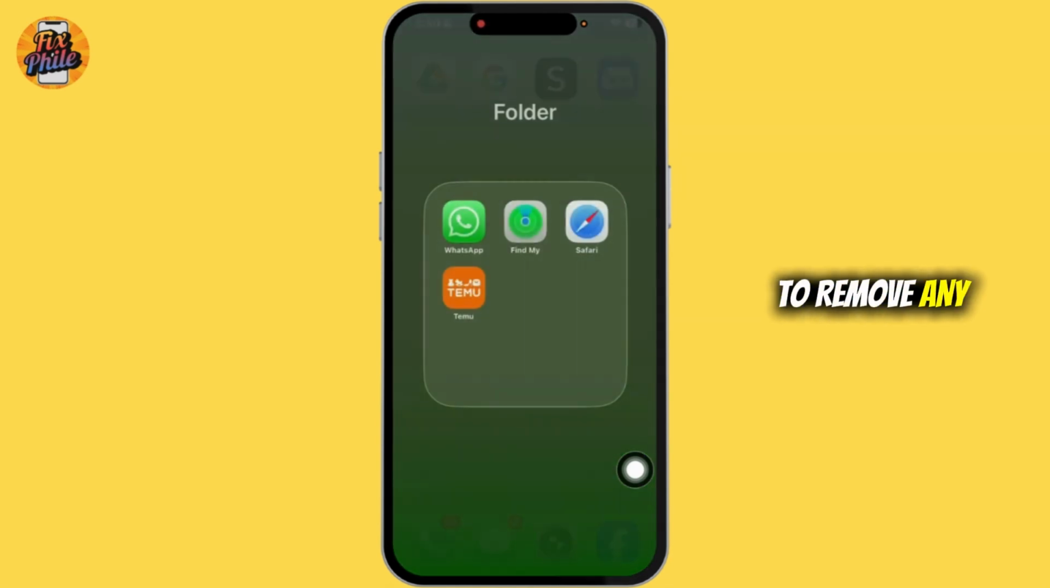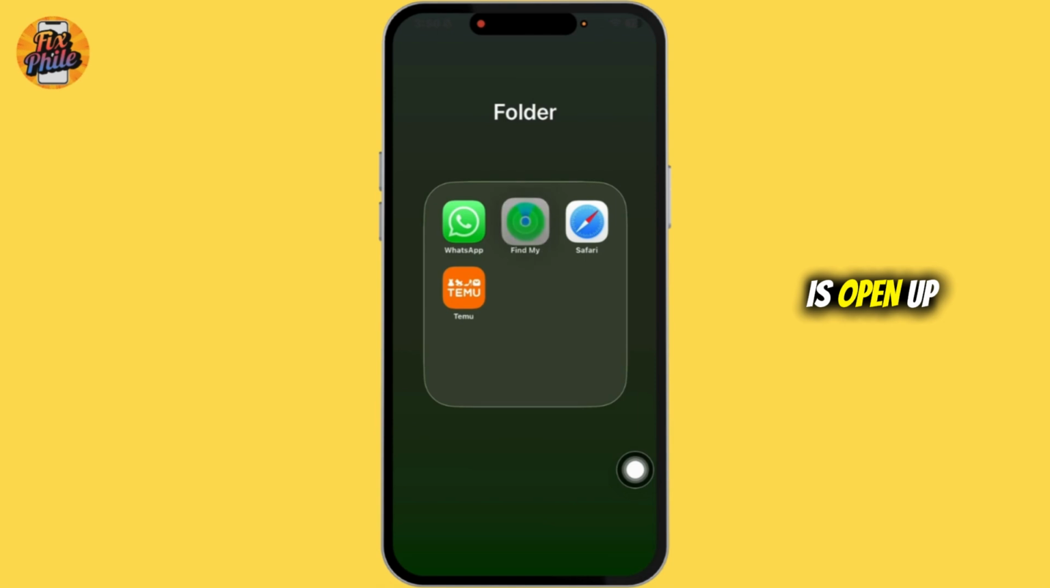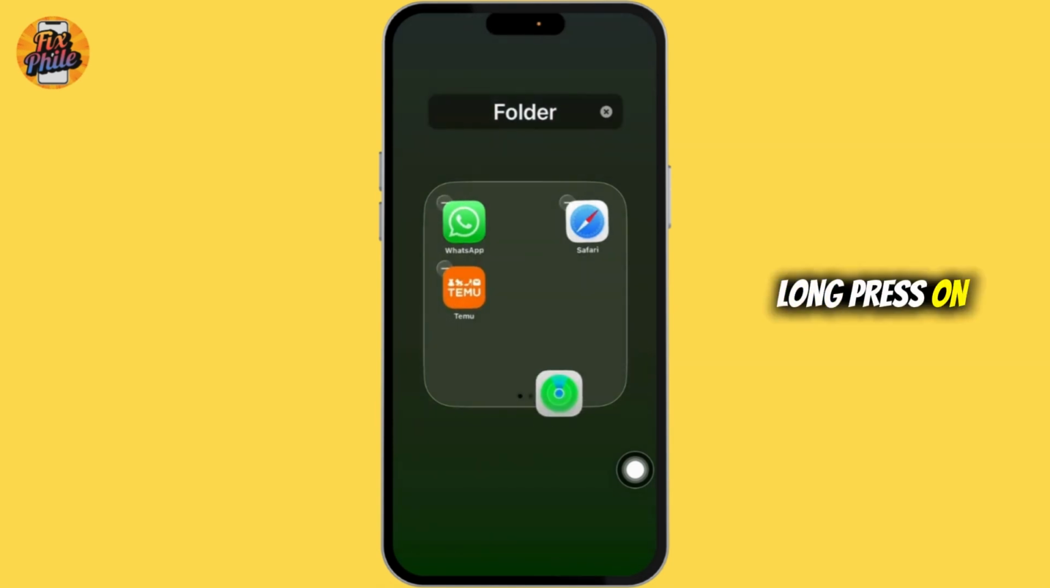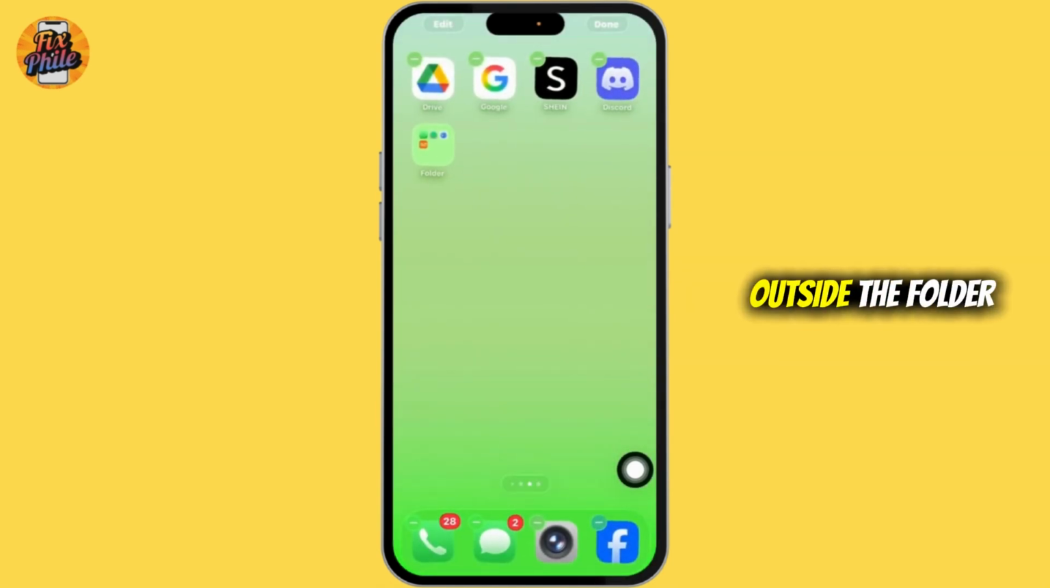If you want to remove any apps, then all you want to do is open up the folder, long press on that app and then drag it outside the folder. Then tap on Done. In this way, you can easily make app folders on iPhone, and that's all for this